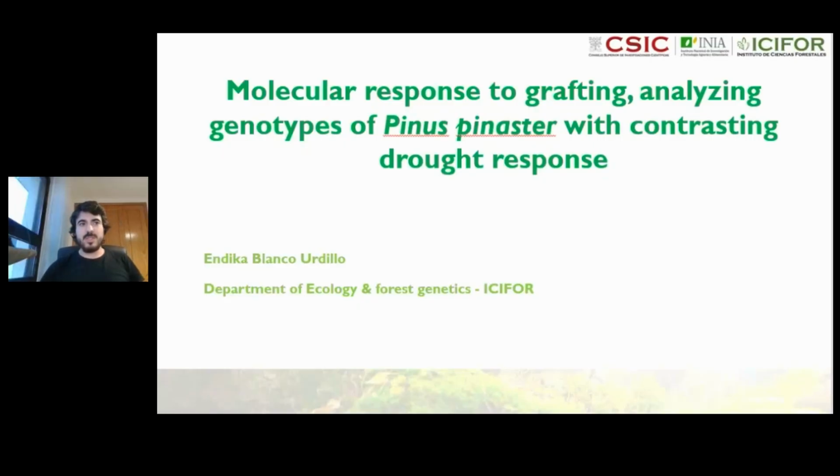First, I'll explain briefly what grafting is. A graft is composed of two parts: the scion, a tissue originated from another individual or another part of the same individual, that is attached to an already settled individual, the rootstock.